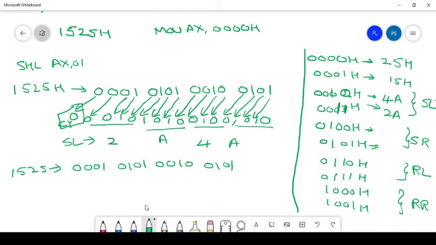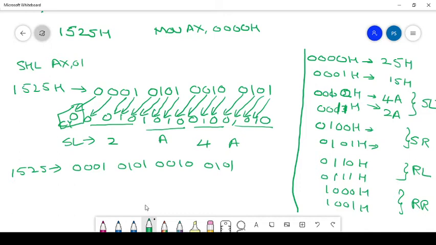The last bit goes to the carry, and the remaining bits move one place to the right. Insert a 0 in the newly created MSB.